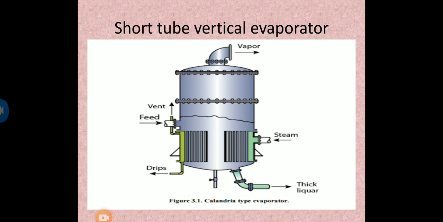In an evaporator of this type, feed is introduced above the upper tube sheet and steam is introduced to the shell or steam chest of the calandria. The solution is heated and partially vaporized in the tubes. The central tube in the calandria is of larger diameter. Typically, its downcomer area is taken as 40 to 70% of the total cross-sectional area of the tubes. The circulation rate through the downcomer to the total tubular flow area.